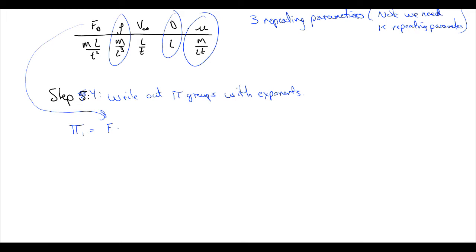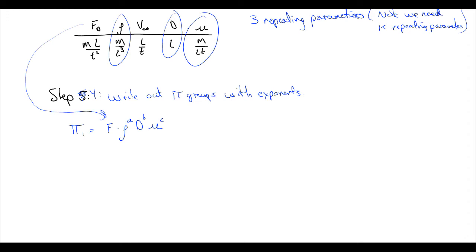So it's going to be multiplied by rho, diameter, and mu, each one raised to a power, a, b, and c, and we're going to solve for a, b, and c such that when rho is raised to a, diameter is raised to b, and the viscosity is raised to c, they cancel out all the units in our